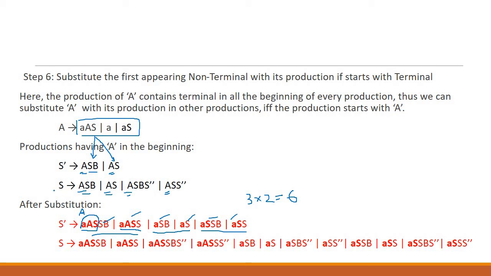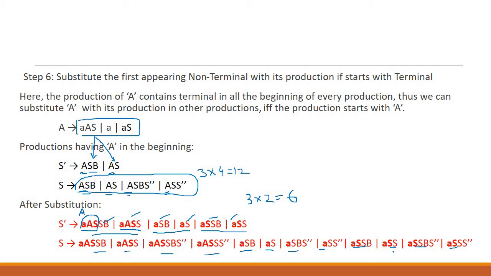Fine. In the case of S, we have 4 productions, and every production should be replaced with these 3 productions. So 3 multiplied by 4 must be equal to 12. So we have 1, 2, 3, 4, 5, 6, 7, 8, 9, 10, 11, 12. So here you can see that we have replaced all those productions which start with capital A with the productions of A,